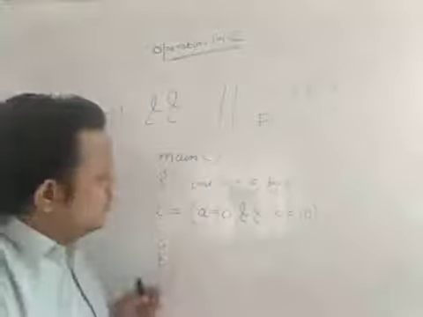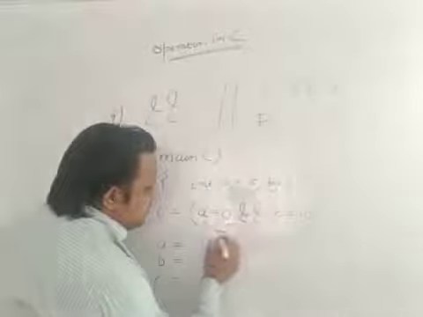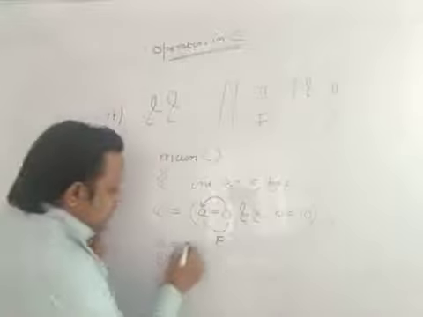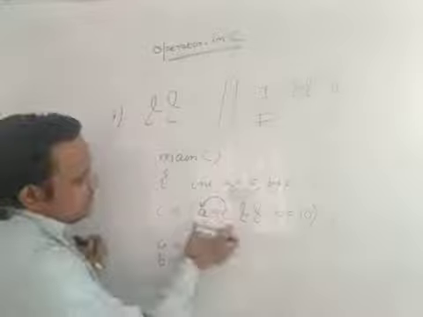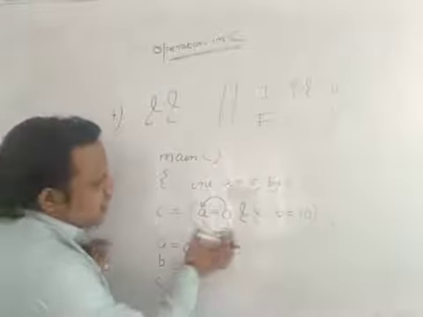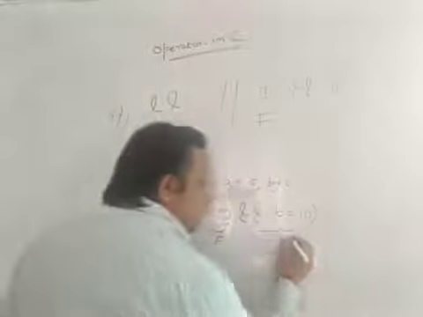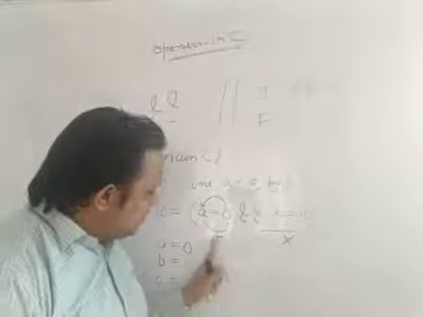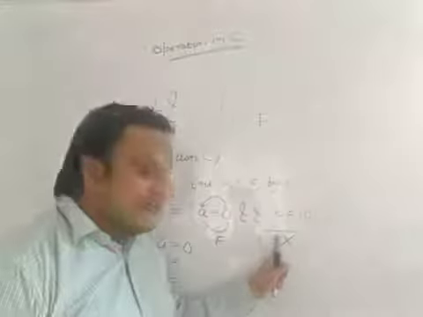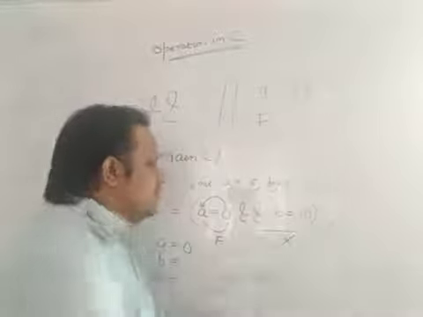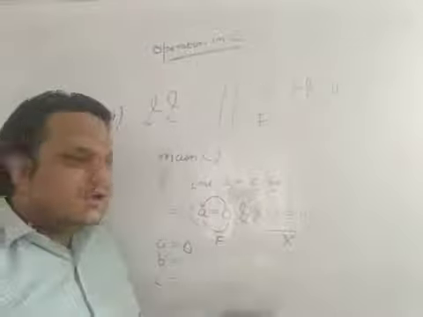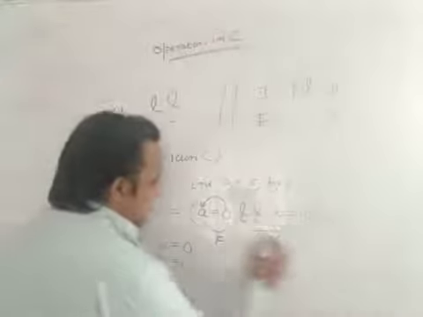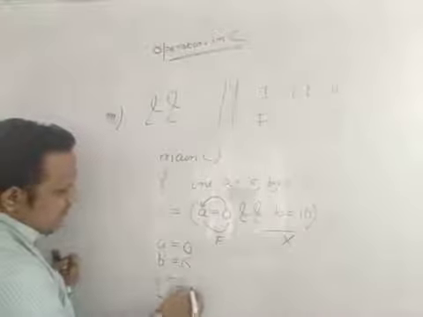See, a is equal to 0. This expression is false because you are assigning 0 to a. Therefore, you are changing the value of a, so a becomes 0. But when a becomes 0, this expression becomes false. So if this is false, are you going to evaluate this? No, we are not going to evaluate this, because in logical AND, if my first expression is false, I am not going to evaluate the second expression. Therefore, b is equal to 10 remains unevaluated. You have not evaluated this. Therefore, the value of b is 6 only. And since this entire expression is false, the value of c is 0.